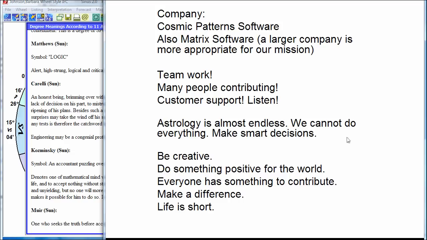So as I said, astrology is almost endless. We can't do everything. We're trying to make smart decisions about the most important thing to do. We can't do it all. Astrology never ends. Technology never ends. So we're doing things to meet your needs, to be creative, for us to program creative, for you to work in a creative way, for all of us to work together to do something positive in the world where everyone has something to contribute, whether it's an astrological idea, a technical insight,